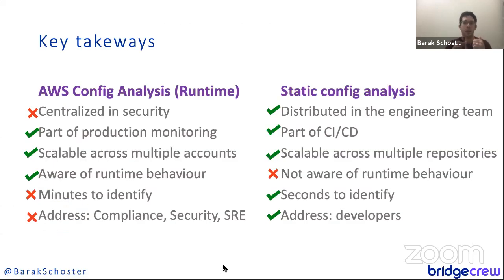So let's take a look again at the 2 different approaches and compare the 2. We had Prowler, which does API polling for runtime analysis of the account, and Checkov that did static analysis. Prowler is usually maintained by a central team, which is the security team or production team. It's usually part of the production monitoring, and it is scalable across multiple accounts. If you have multiple of those, you can have cross-account roles from the security account to all of your